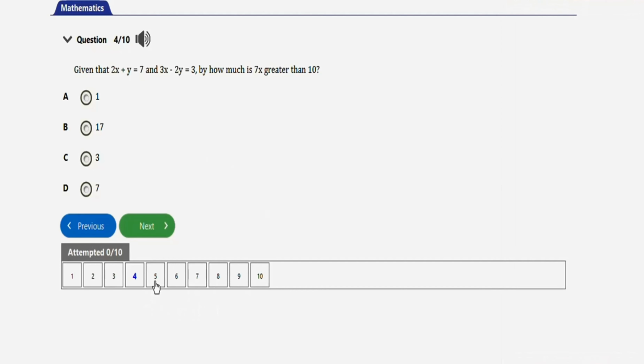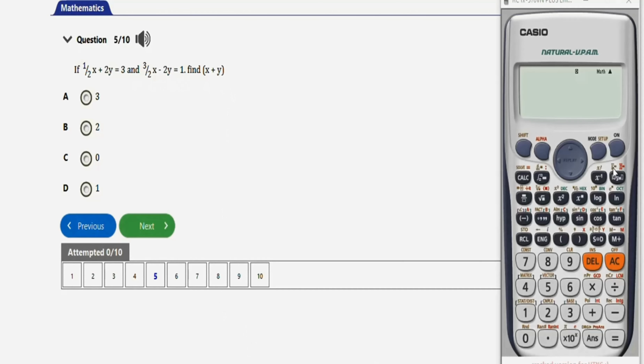The next question will be this one. It says, if this plus this equals 3 and this equals 1, find x plus y. So let's solve it with the calculator. For this question, let's go back to simultaneous equation solver 1. So for equation 1, the coefficient is half. Then y is 2, the constant is 3. Then that one we have it to be 3 divided by 2. Okay, we have minus 2